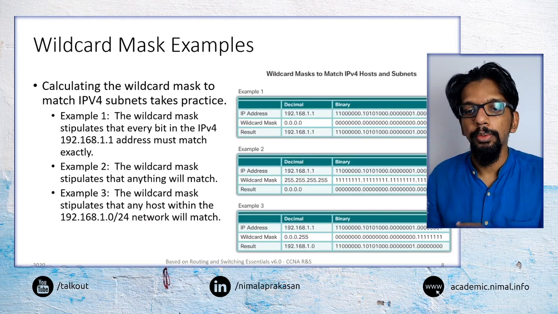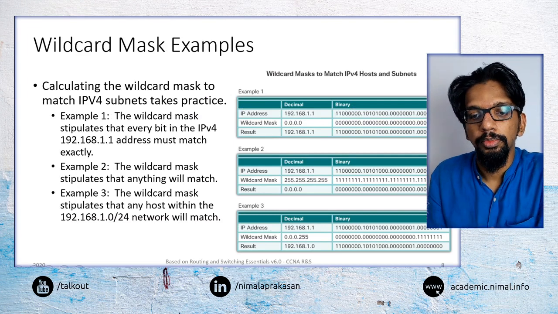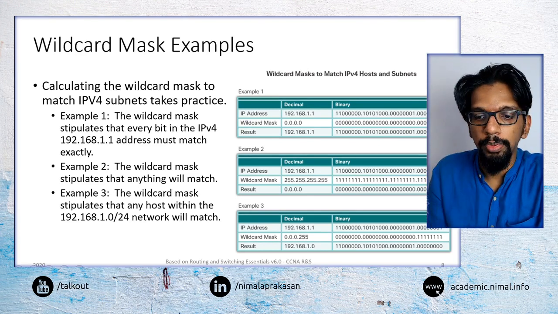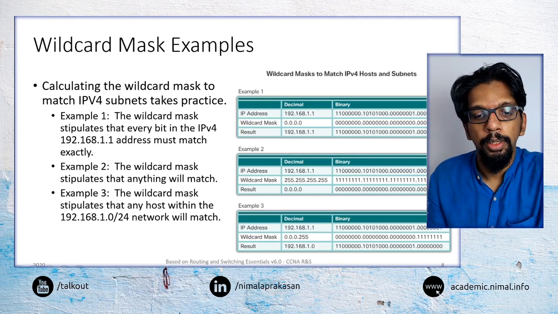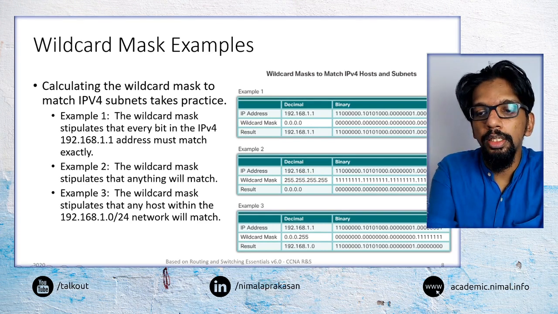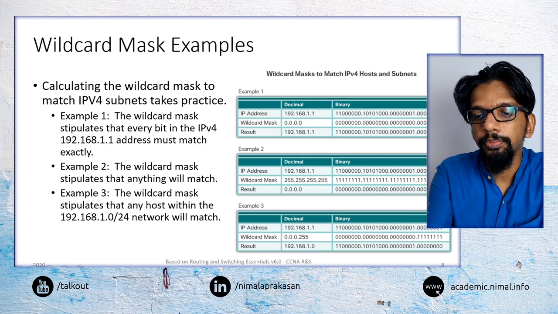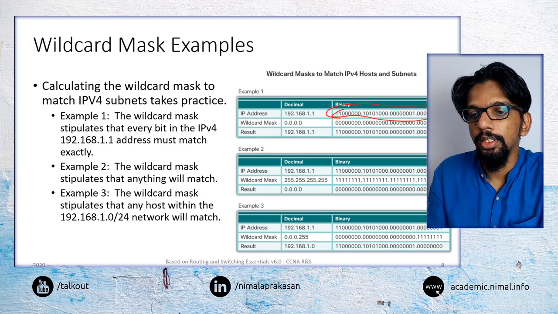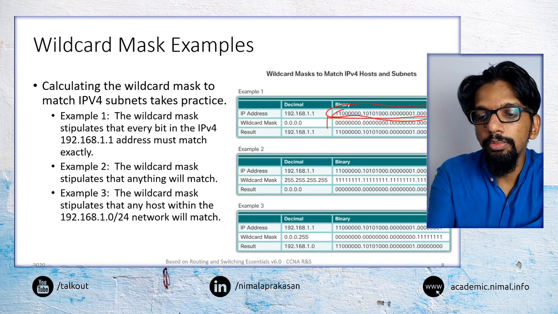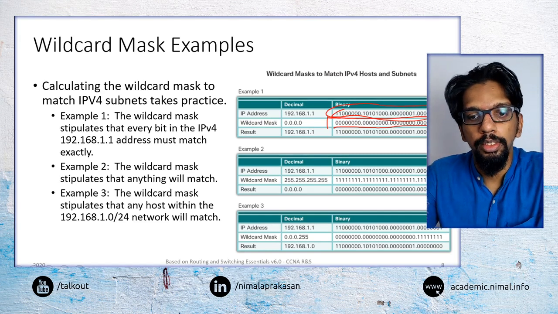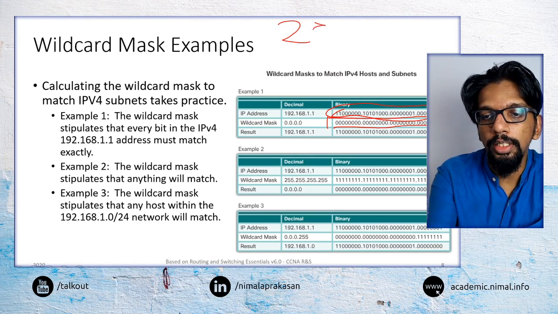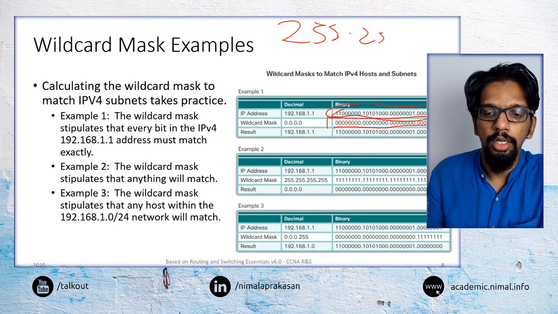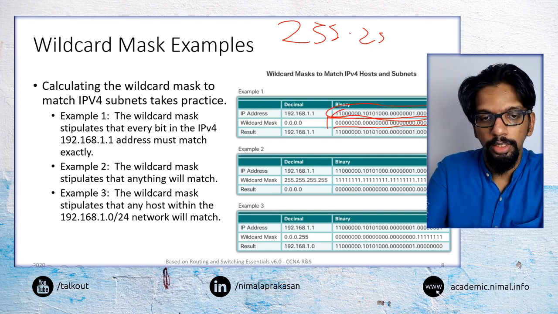So an example would be, if our subnet mask is for a single IP address, then a single IP address is normally represented by a particular IP address. So the wildcard mask is a way of matching with that particular IP address. Normally if the subnet mask is 255.255 and so on, we will get an inverse of that to be our wildcard mask.